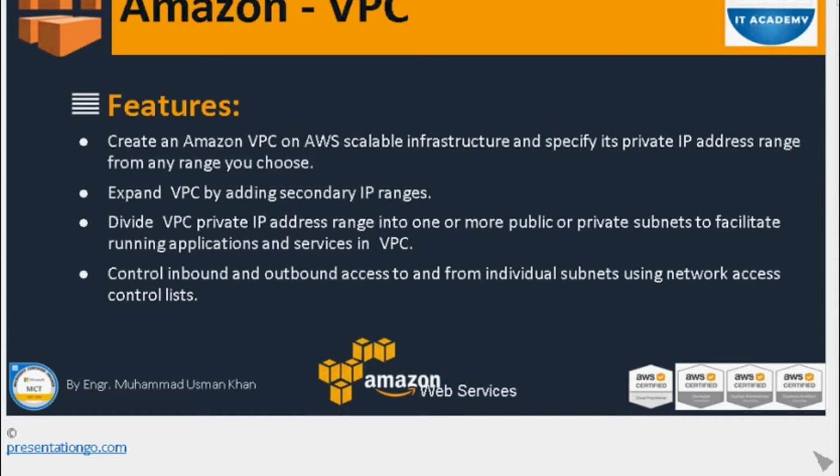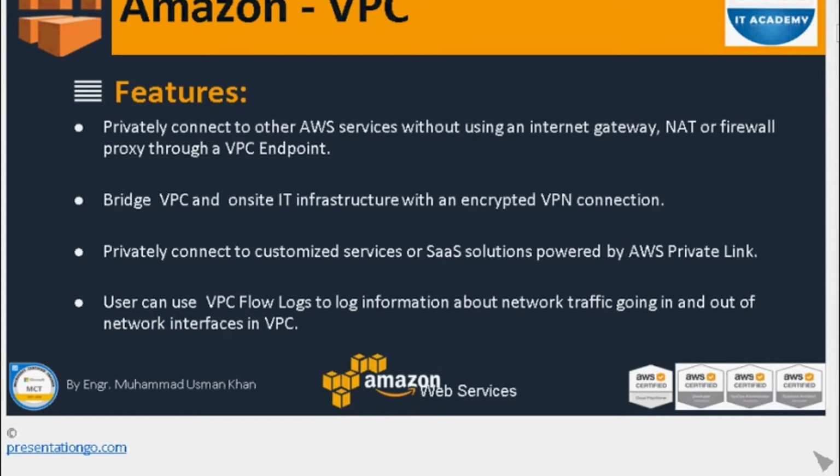Each /24 subnet should reside in a single availability zone. One more thing you should know is that each subnet should be available in a single availability zone. One subnet cannot span multiple availability zones. It means if you create a subnet in availability zone 1A, you cannot use that subnet in 1B or 1C, either in multiple regions or within the region. So that is a very important point and one of the exam questions.